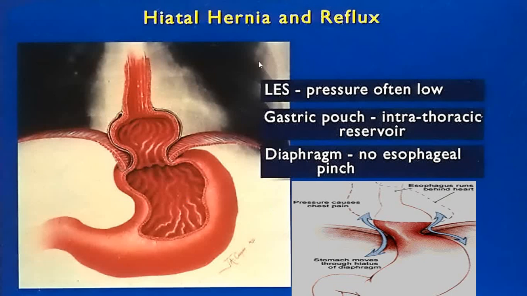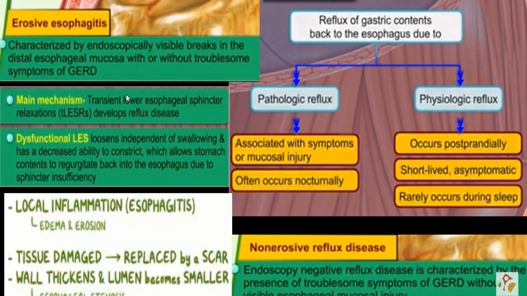In hiatus hernia, the lower esophageal sphincter is often low. There is a gastric pouch with an intrathoracic reservoir. At the diaphragm, there is no esophageal pinch. All these factors will be responsible for GERD. Erosive esophagitis,